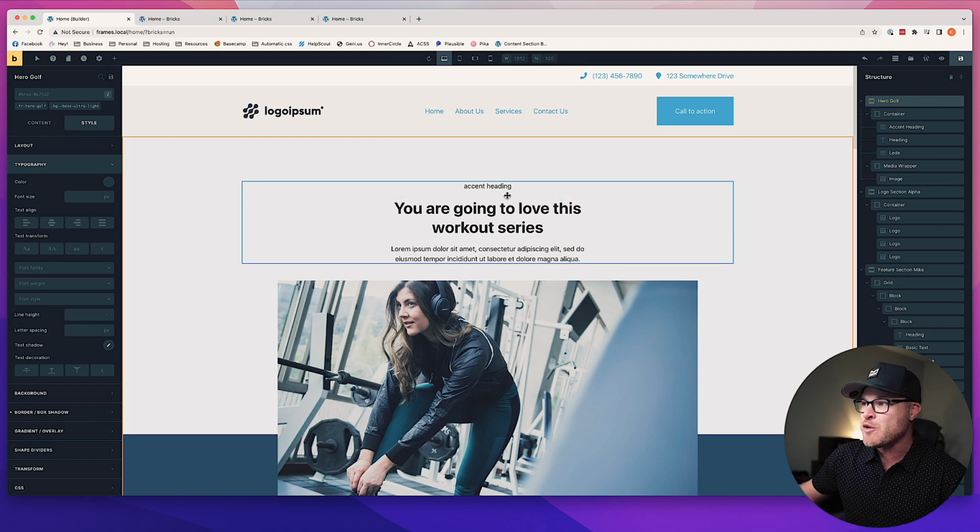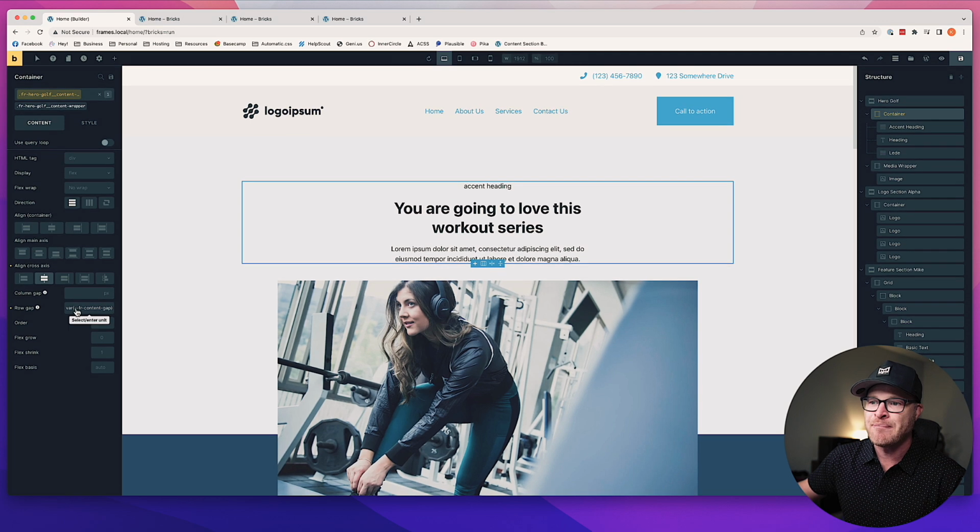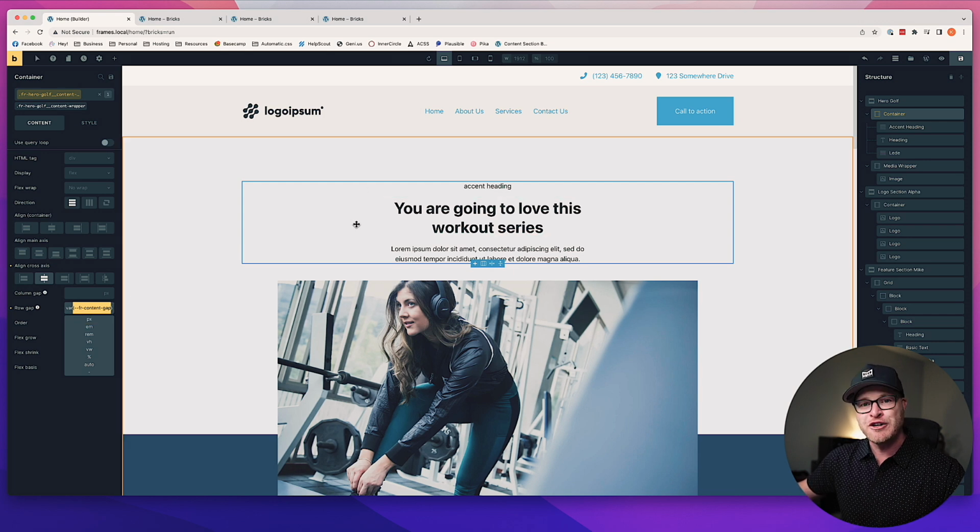So for example, you have a content gap class. If I click on this or a content gap variable. So if I take a look at Hero Golf's content wrapper here, and I go down to the content tab, you're going to see under row gap, there's FR content gap. That is a contextual variable that is only used for gapping content,